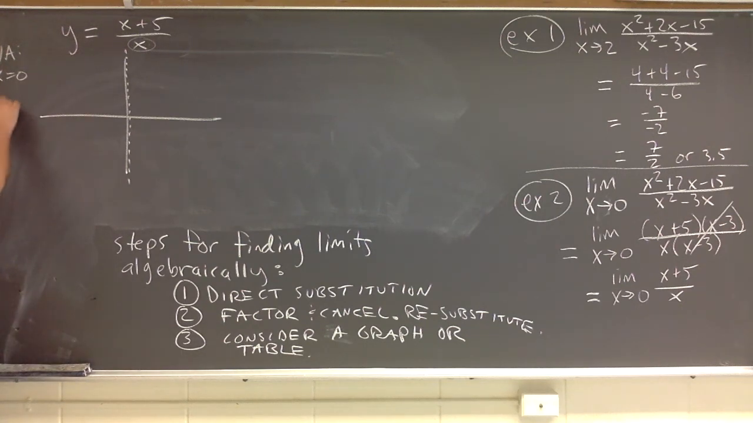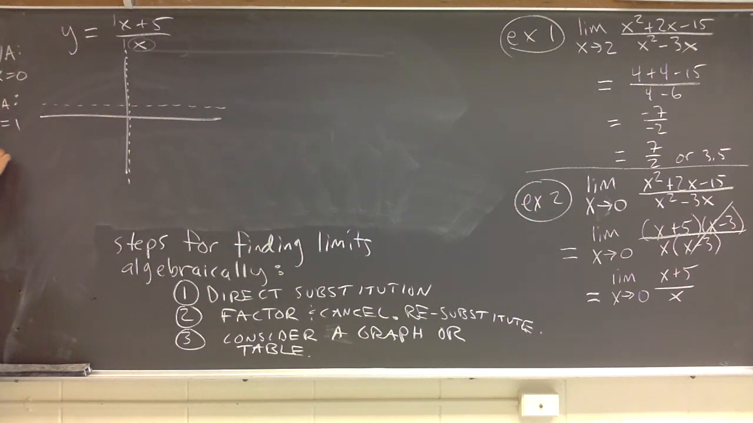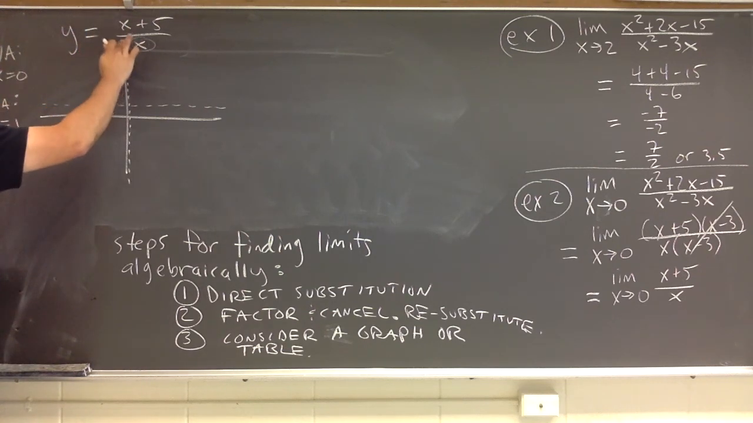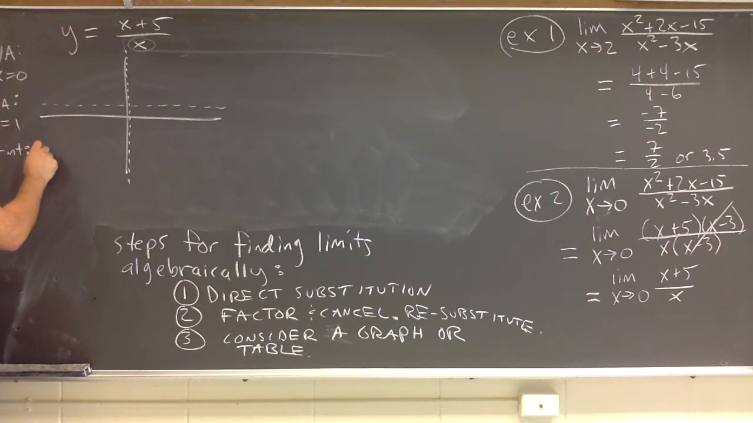There's a horizontal asymptote. Since these have the same degree, you can just divide the leading coefficients, which is 1 and 1. So you're going to get y equal to 1. The x-intercept: if you set this equal to 0, x plus 5 is going to give you an x-intercept of negative 5. A y-intercept, we don't have any because we have an asymptote there. So here's what it looks like,